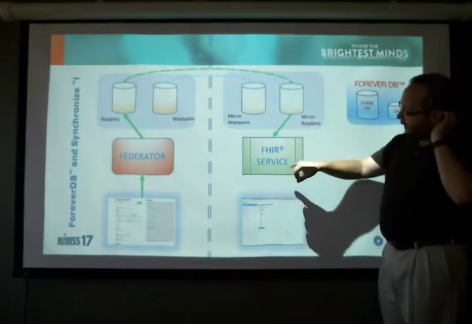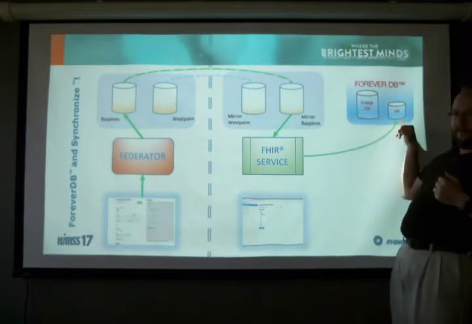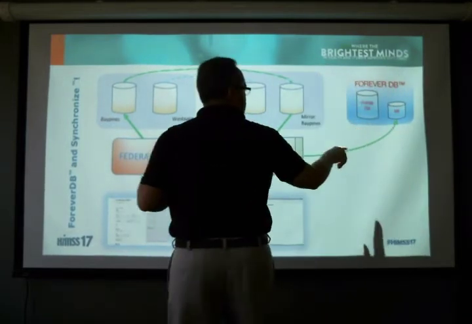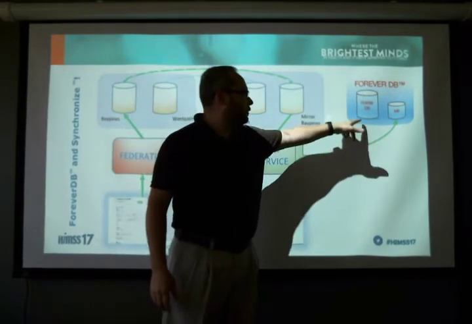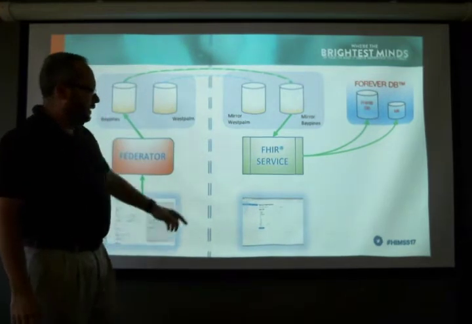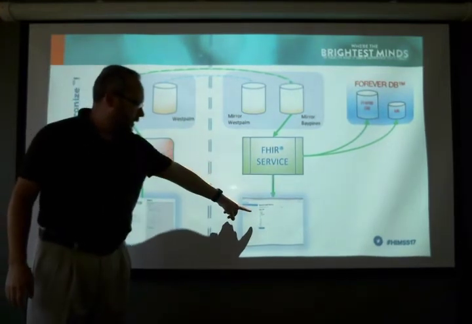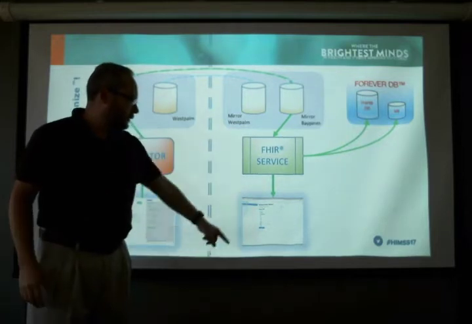Now, the FHIR data service receives this, it checks with the master identity index, and asks, do we know this new patient? We realize we don't know this patient, and we store the data in the FHIR database in ForeverDB. Now, at this point, if we were to check what data the ForeverDB has for that patient, you'd get